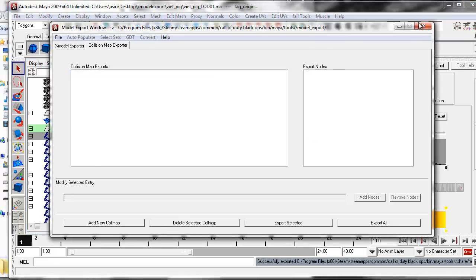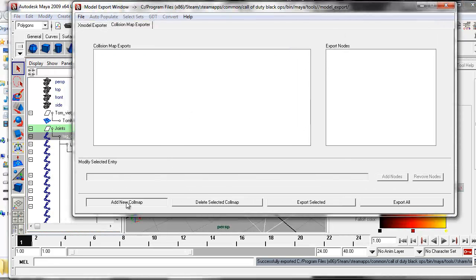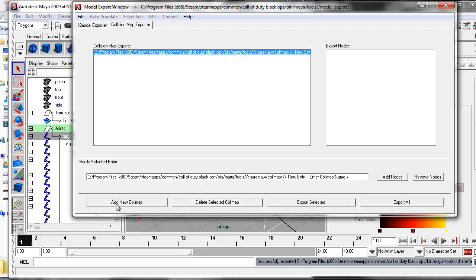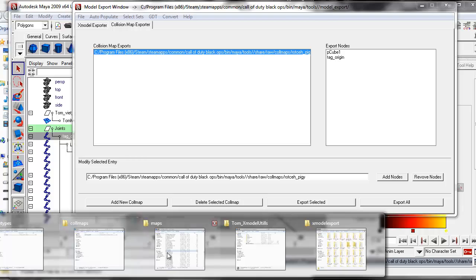So just to verify, the correct way to do that is to add new collmap, delete everything, type in the name of your collmap. Usually you would keep that as the same name as the model. In my case it's Rotec Piggy, add nodes, and before you export,